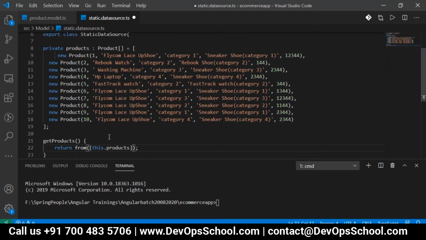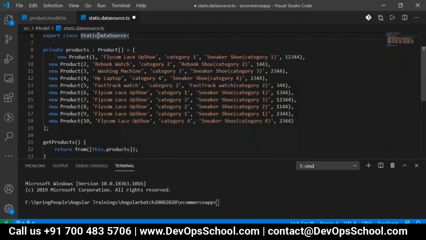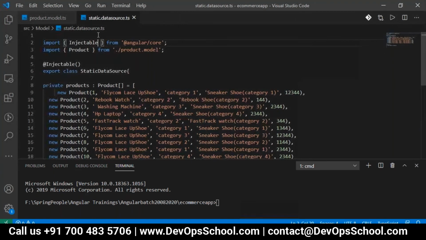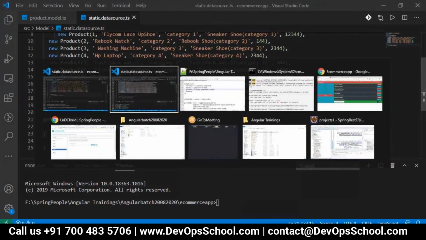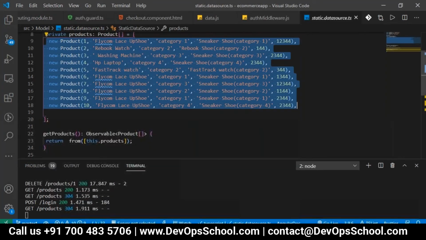Whenever you call this method, which is with an injectable, it should return the data as an observable, because when you go with the HTTP method, it works with respect to a REST API, right?